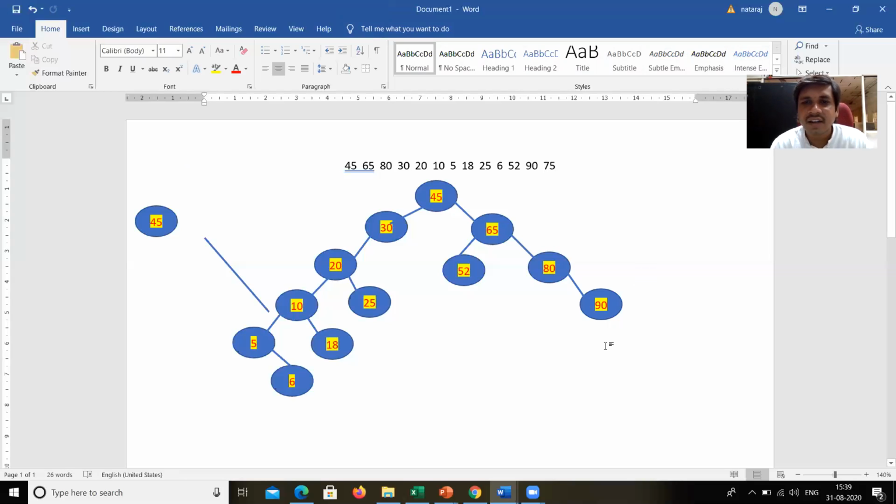Okay. And the last element, 75. So you respond in your chat window. The position of 75: the left child to which node or right child to which node? Please respond in your chat window.